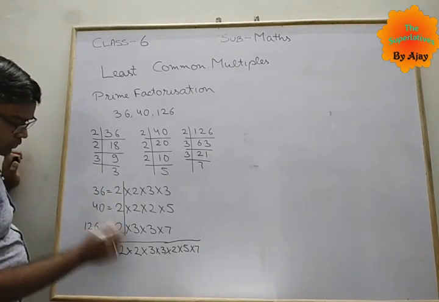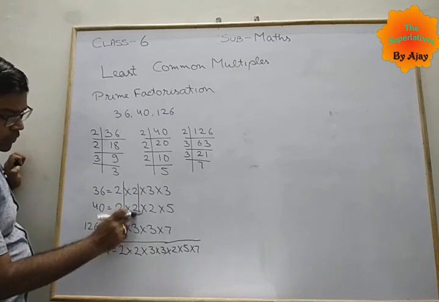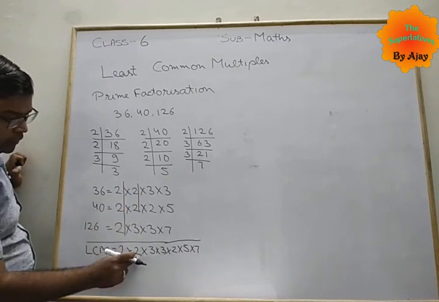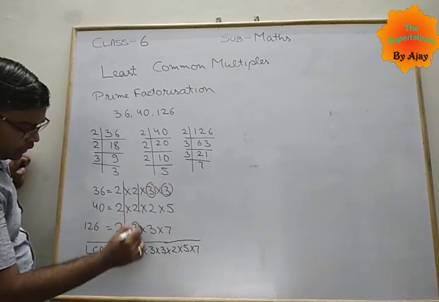Then what is left uncommon? These 3 numbers. I left these 3 uncommon numbers. You need not show these linings and circles in your solution. This is only for your explanation.